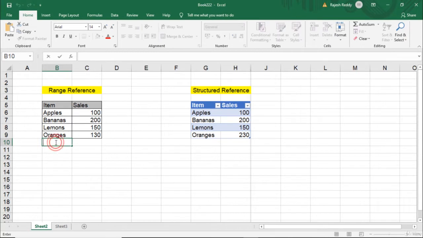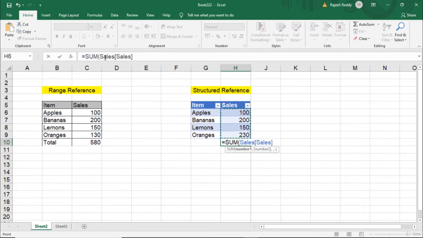Let's suppose if you want to calculate the total sum of the sales value, okay, so use the sum function. If I select all these cell ranges, it will give cell references, okay, and get the total. Okay, if I apply the same function in table data, see here, select all this data, see it will give table name along with column names. It will not take cell references, it will directly take table references along with column references.